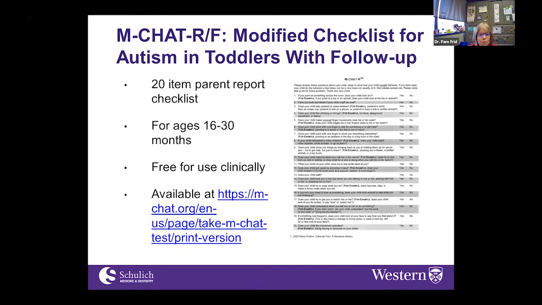So this is what, and I don't expect you to read this, but just for you to see that the screen for the MChat takes 1 page. It's very nicely laid out so that each question is in alternating shades of white or gray, so it makes it easy for people to read. And it also makes it easier to use when you're trying to follow up with the parents to say, what did they really mean by a yes or no answer?